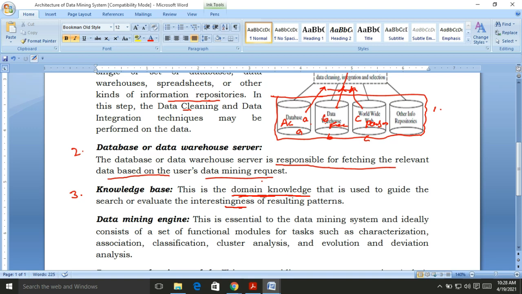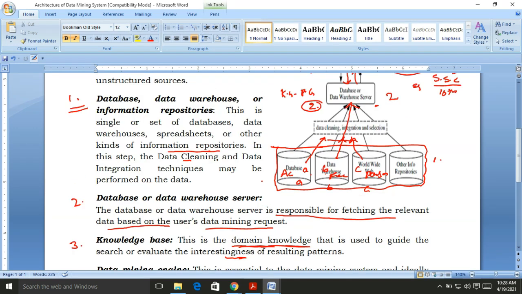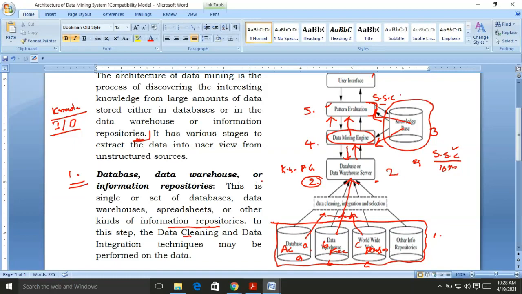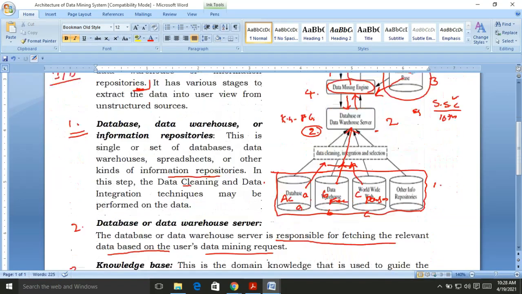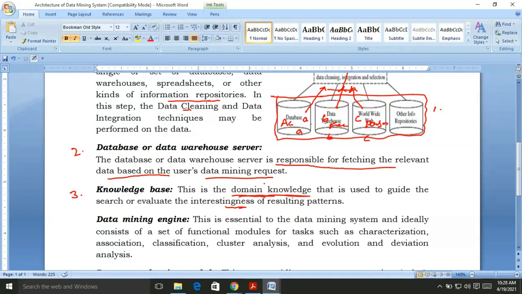The knowledge base specifies different parameters, such as that within the academic data we need only the SSC marks of a student, and that the presentation of the data may be in pie charts, bar charts, or spreadsheets. So that is the knowledge base.